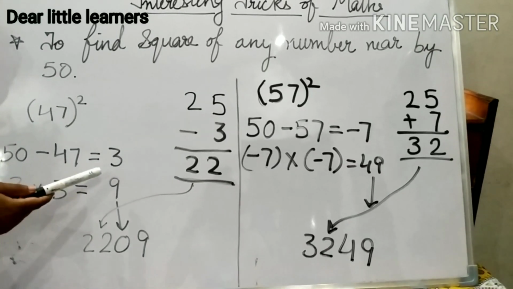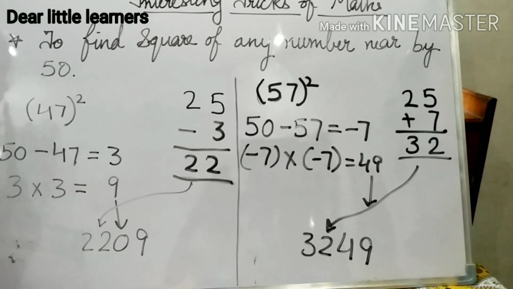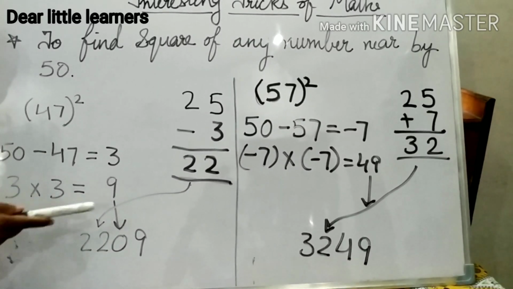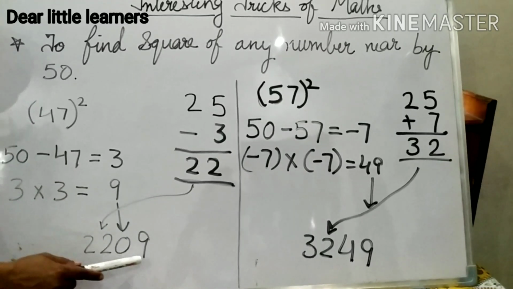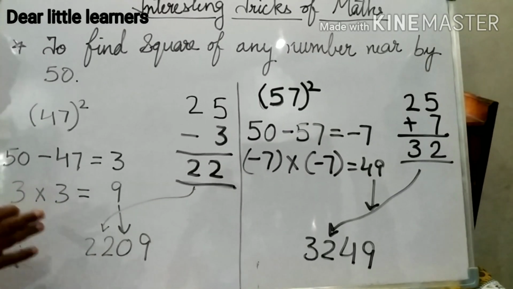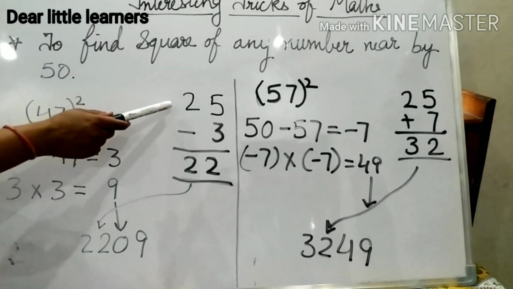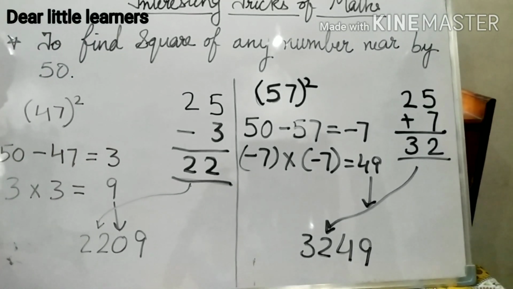So now we will find out the square of 3. 3 3s is 9, and as I told you, in the square we will not write a single digit. So instead of 9 we will write 09. So we have written it here, 09. Now this 25, which I told you to keep at the side.